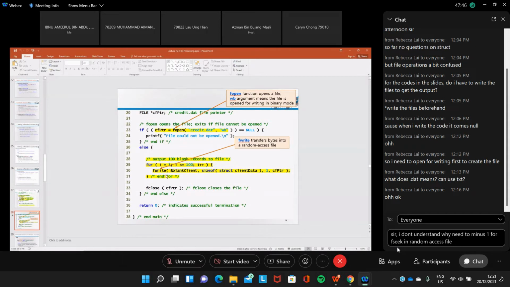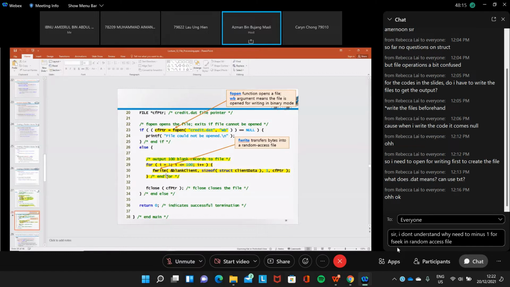But normally for a binary file we don't write data one by one, but we write the structure, because we want to write more data to the file. Normally we don't write integer, account name, and balance separately, but we write only one type of data, which is the structure.